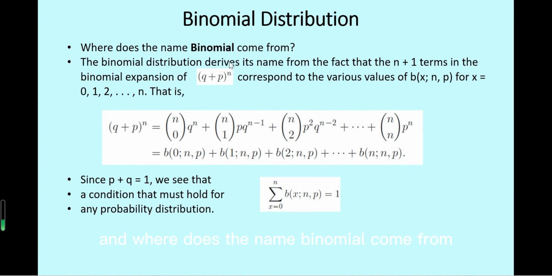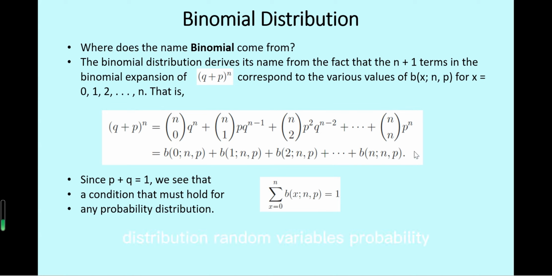And where does the name binomial come from? The binomial distribution derives its name from the fact that the n plus 1 terms in the binomial expansion of (q + p)^n. If we expand (q + p)^n, it is C(n,0) q^n plus C(n,1) p^1 q^(n-1), until C(n,n) p^n. So each item actually is a binomial